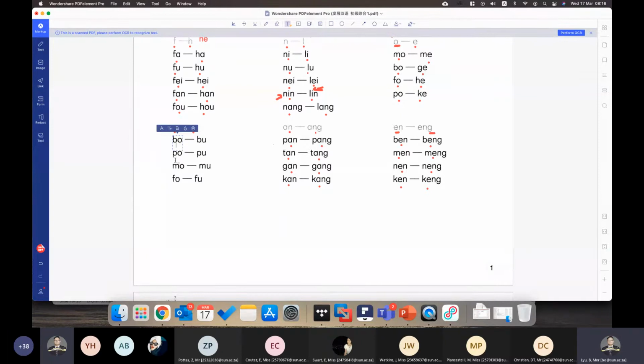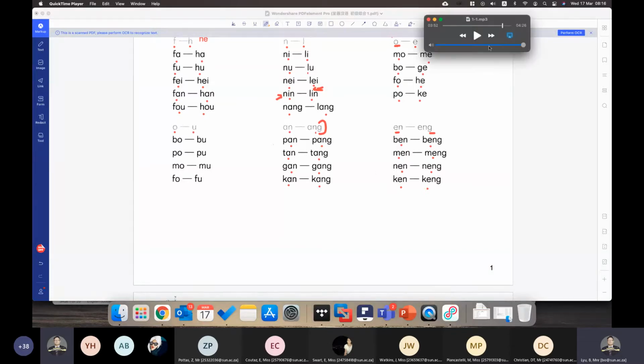波，bo，布，bu，坡，po，扑，pu，摸，mo，木，mu，佛，fo，夫，fu，安，an，昂，ang。Remember I said this nasal, big nasal sound. Right? And ong, 潘，pan，滂，pang，摊，tan，汤，tang，干，gan，刚，gang，看，kan，康，kang，恩，en，奔，ben，崩，beng，闷，men，蒙，meng，能，neng，肯，ken。